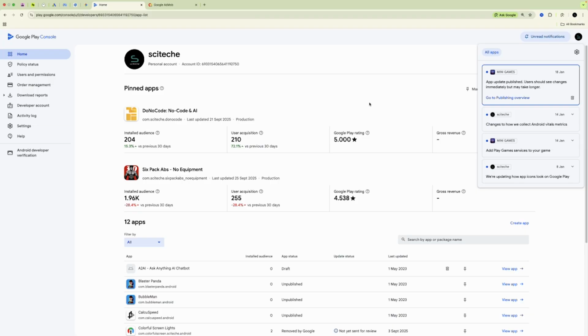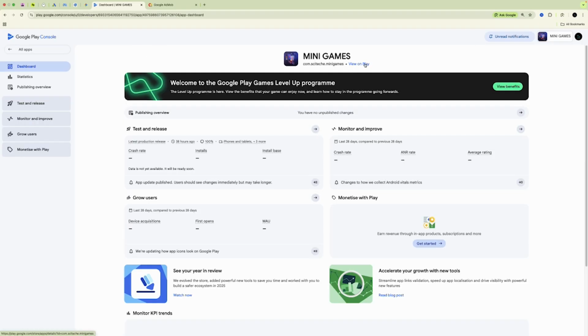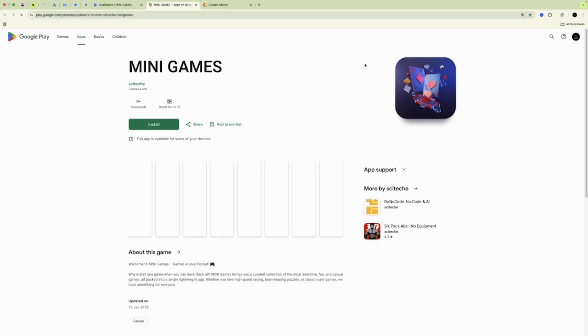Several long days later. Okay, so we are on Play Store again, and here you can see our app is published. You should have received a notification over here, and it says your app is published. App update, it's published. Okay, so you can just click over here on go to publishing overview, or you can just directly click on your app, and even here it says production. Previously it was saying it is under review, but now it says it is in production. But for now, you can just directly click on view on Play, and boom,